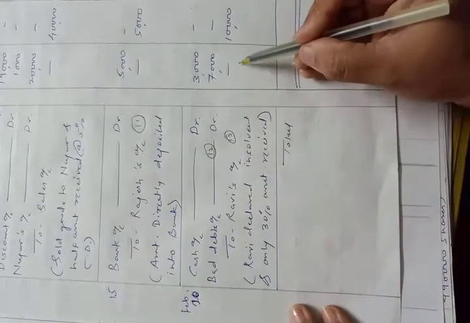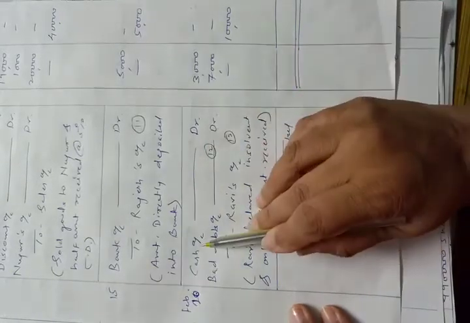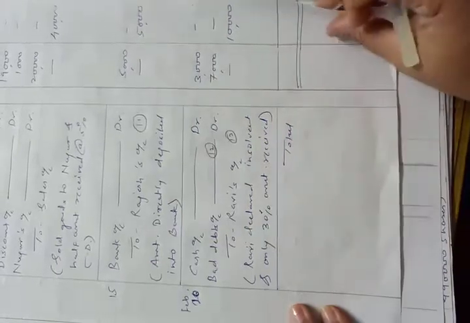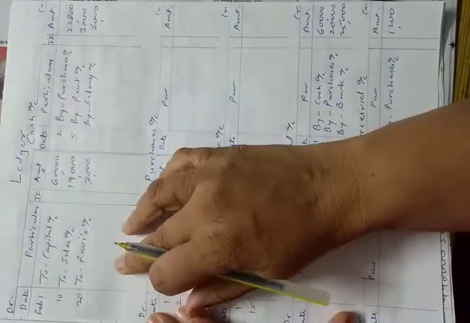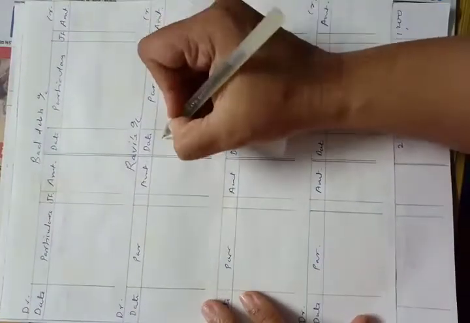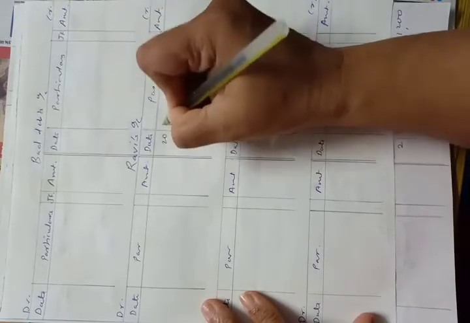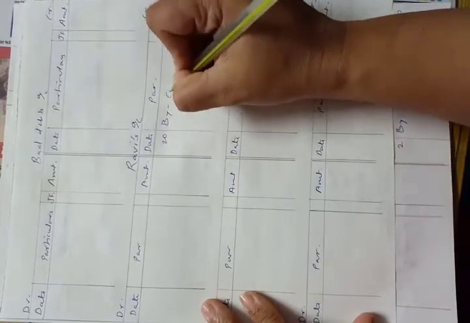Okay, now last entry, that is of 20th Feb, cash account debit, bad debts account debit to Ravi's account. So debit side of cash account we have to write to Ravi's account 3,000. Debit side of cash account to Ravi's account 3,000. Second posting, debit side of cash account to Ravi's account means credit side of Ravi's account, here I have prepared Ravi's account, credit side of Ravi's account by cash account